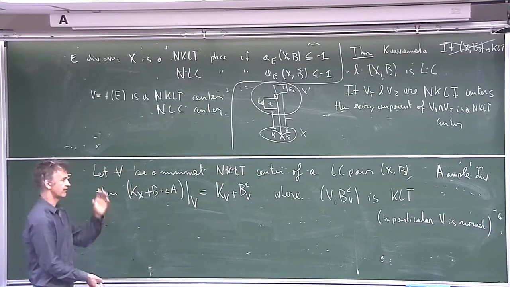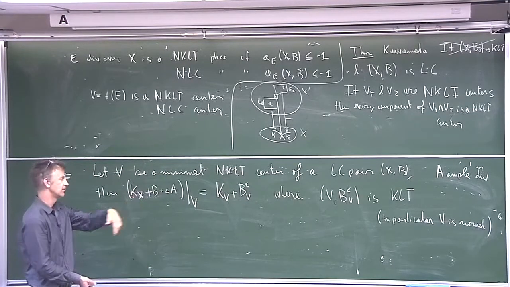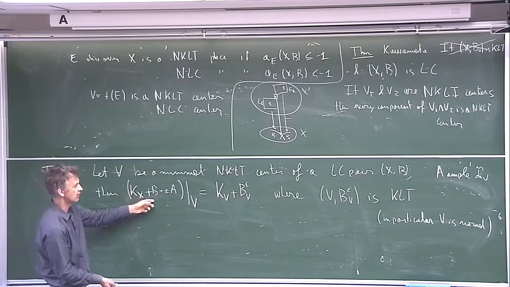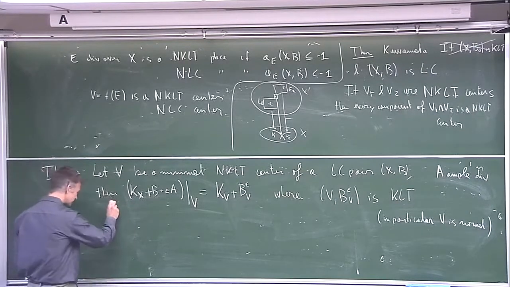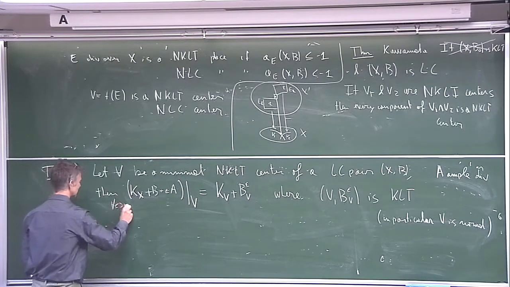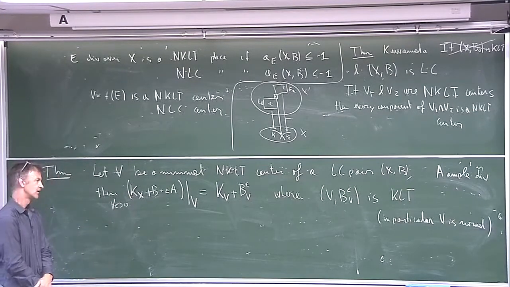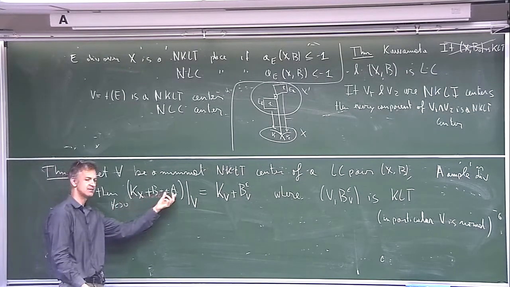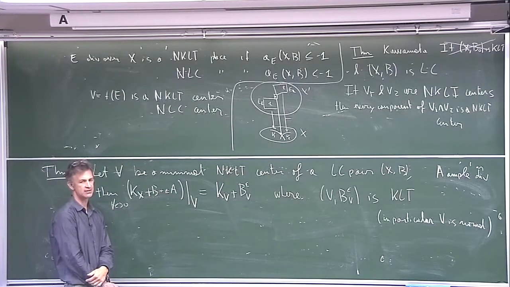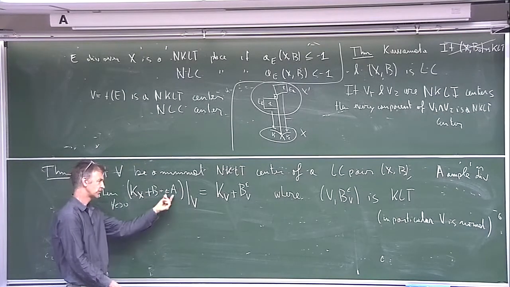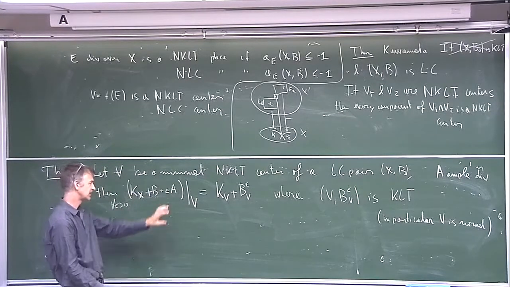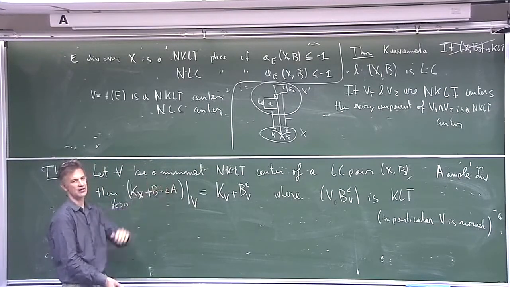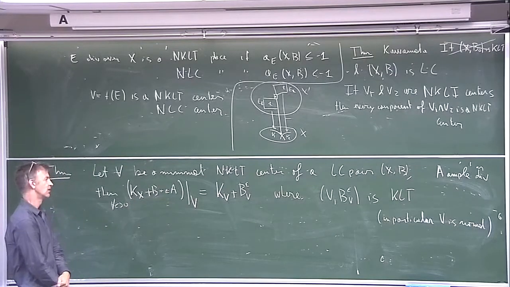Or you could say fix one ample divisor, then for any epsilon greater than 0. I forgot to say for every epsilon greater than 0. Maybe that's what's a bit confusing. I don't think that people have gotten rid of this condition yet, but I have to look at the literature. Ideally, you don't like to have to put that in the picture as well. I don't think that's been gotten rid of yet,